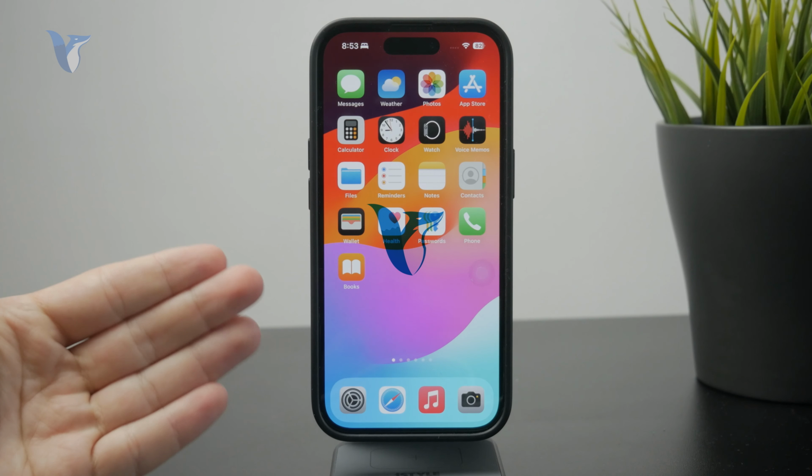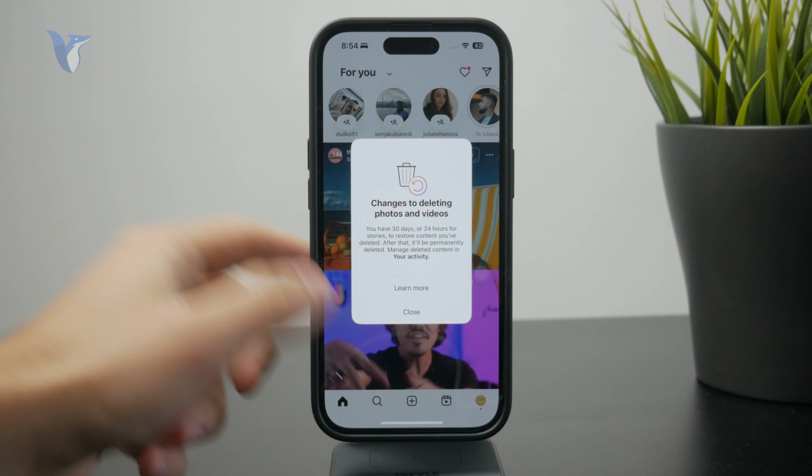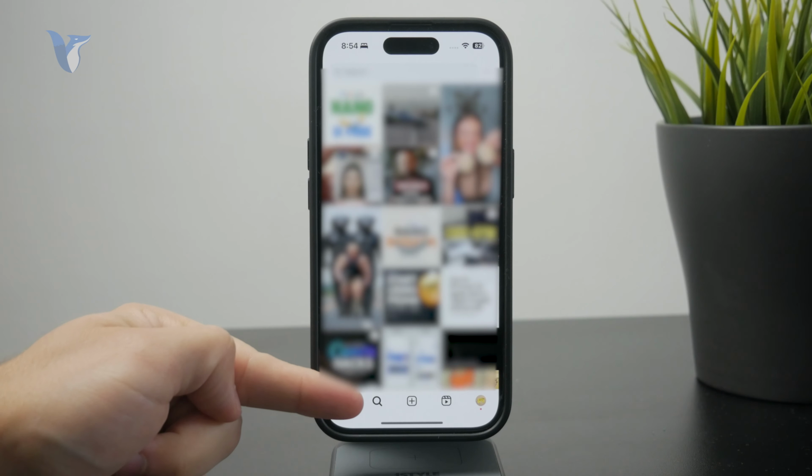So here's how you can reset the Explore page on Instagram. So there are more things you need to take a look at. First of all, if you check out your current Explore page, what you can do is utilize the I'm not